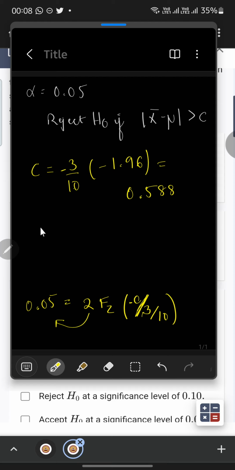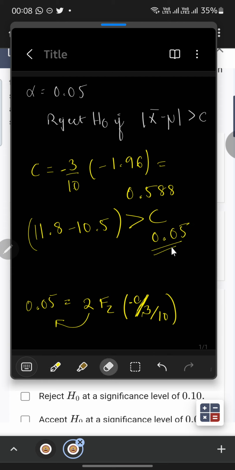Let me just write it again, that 11.8 minus 10.5 is greater than c, which is 0.588. So we can say that D option, which was the last option, is correct,